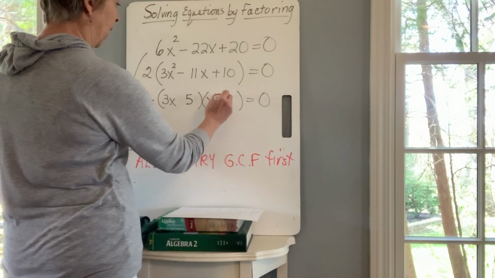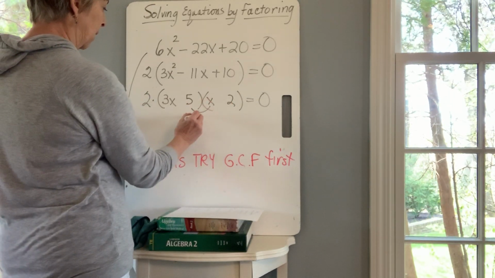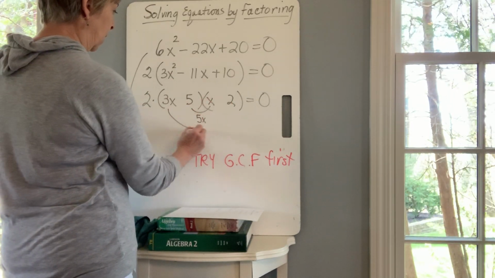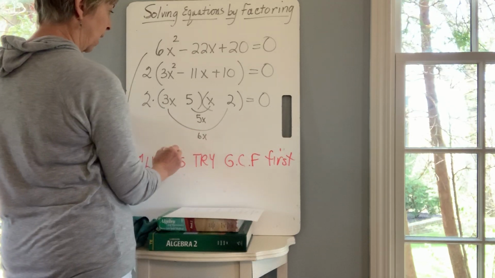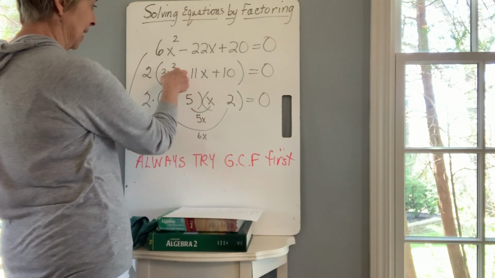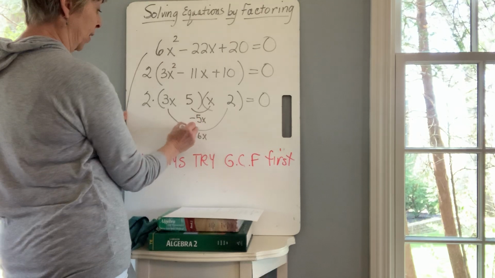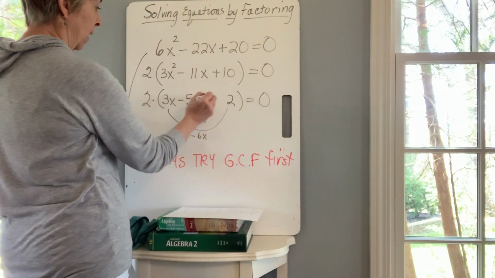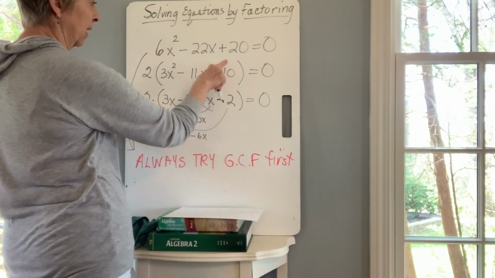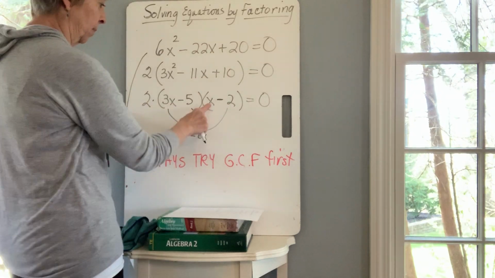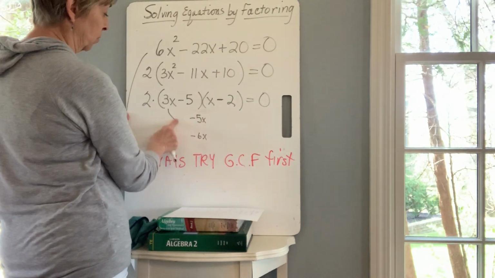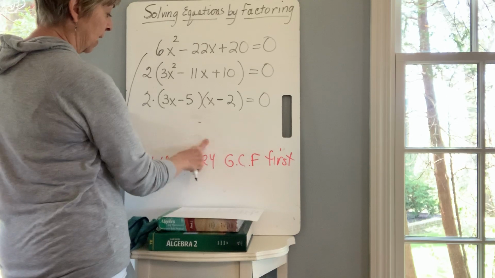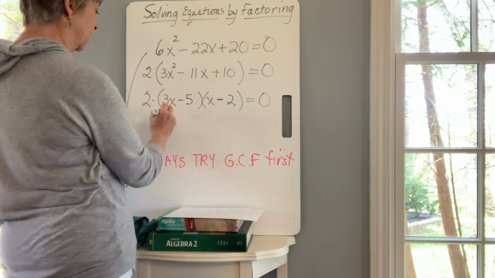So I'm going to try 5 and 2. That'll give me 5x and 6x, and I can get 11 if they're both negative, and that's going to work because a negative times negative will give me positive. So here's my factorization,